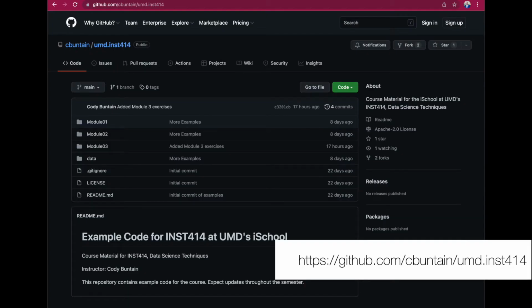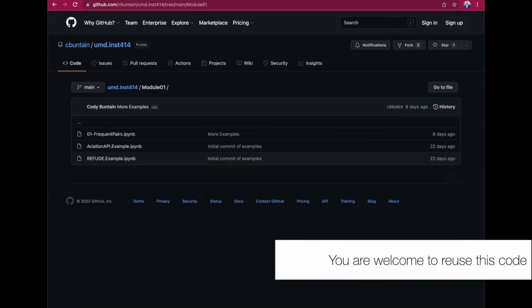Note that there is the GitHub repository with some updated code for you here. You are welcome to reuse or build upon any of the code that you see in these repos. So in the Module 1 folder, there are a couple of API examples. One is about the refuge restroom, and the other one is about the aviation API. There are a number of APIs you could use, but you're absolutely welcome to build on these. They show some good examples about how you work with the requests library to connect to a RESTful API and